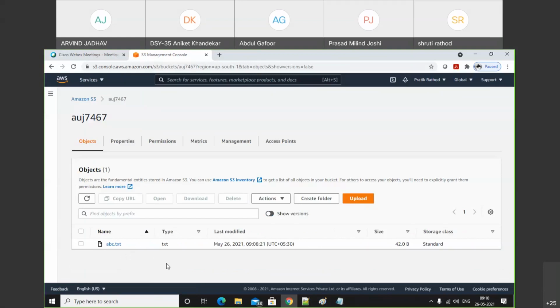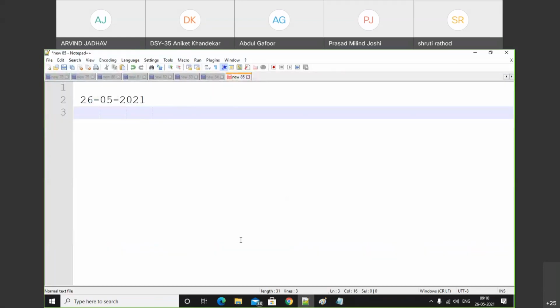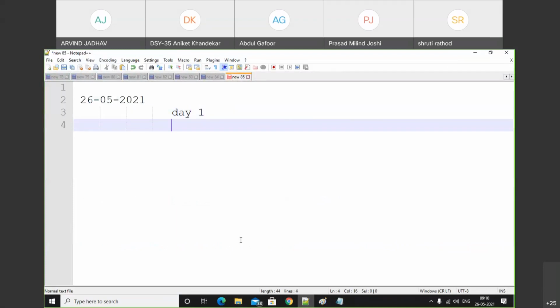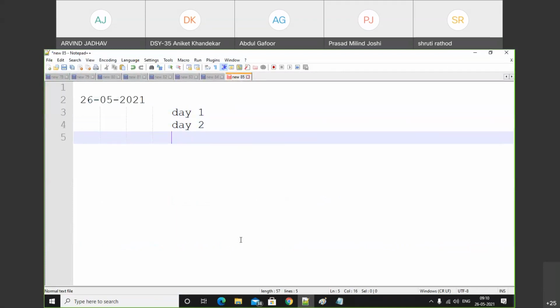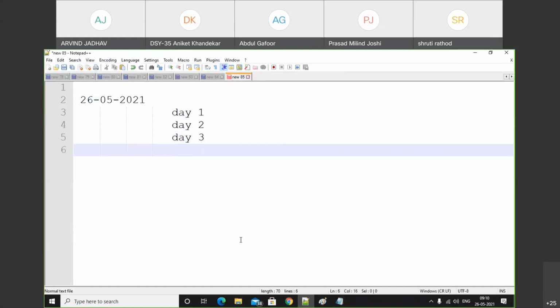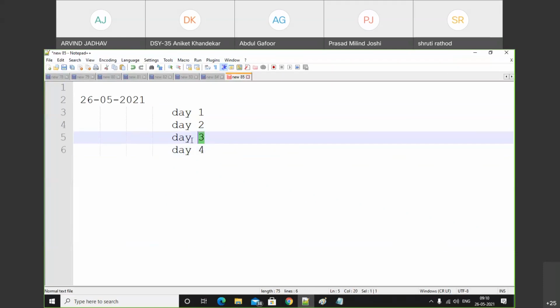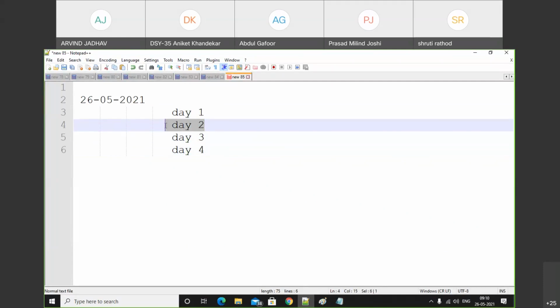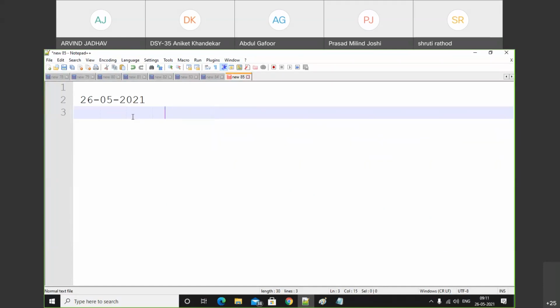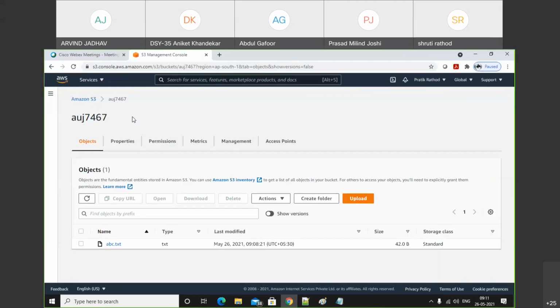See, what happens with configuration files? You have to make some configuration changes on a daily basis. On day 1 some configuration, day 2 a different configuration, day 3 another configuration. And on day 4, whatever configuration I performed, the system crashed. In that case, we need to recover the data. So we will add the day 3 file and we can update the configuration. By adding the day 2 file we can also update the configuration. For that reason only versioning is applicable.